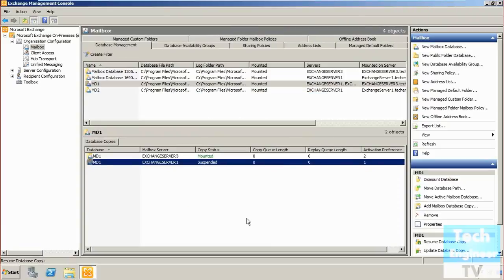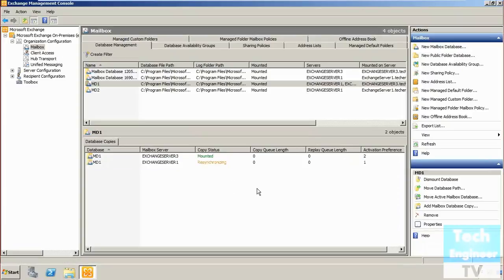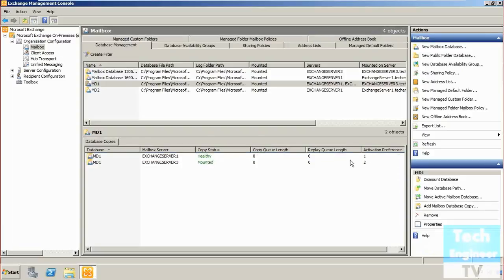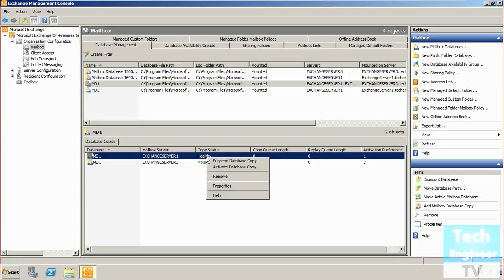Now what we need to do is resume the database copy. Once again it will be resynchronizing, and you can see that the process has started. Now it will be ready to take over whenever we require. Once we activate it, it goes back to its normal position, where the activation preference number is 1, so it's on top, although it's not mounted.